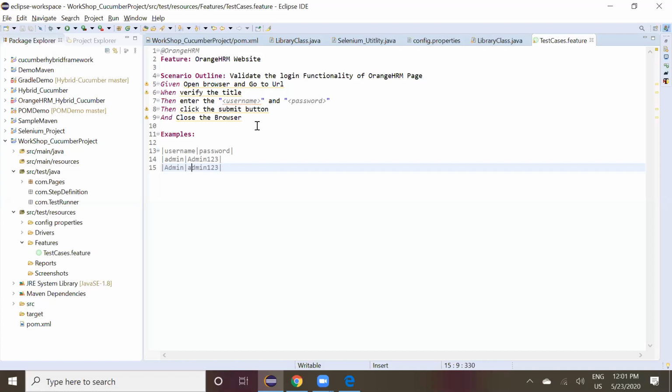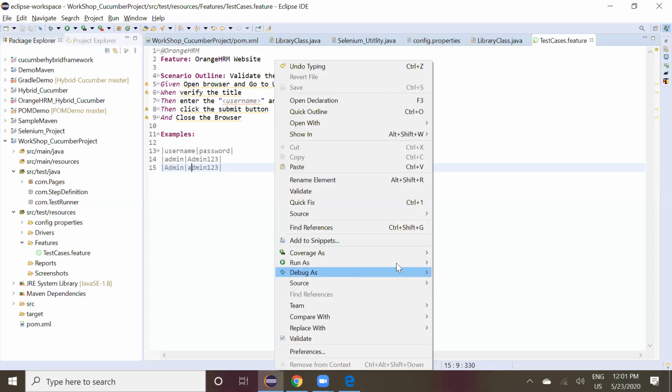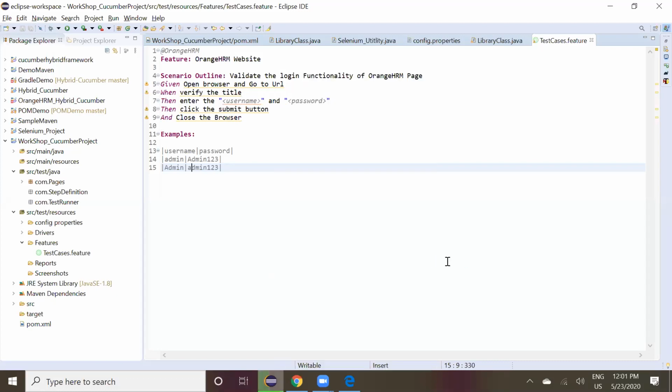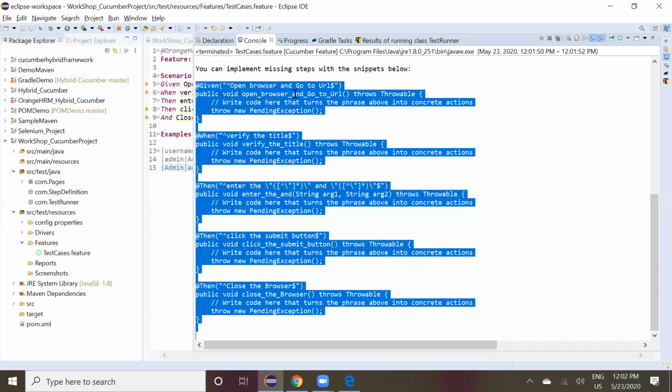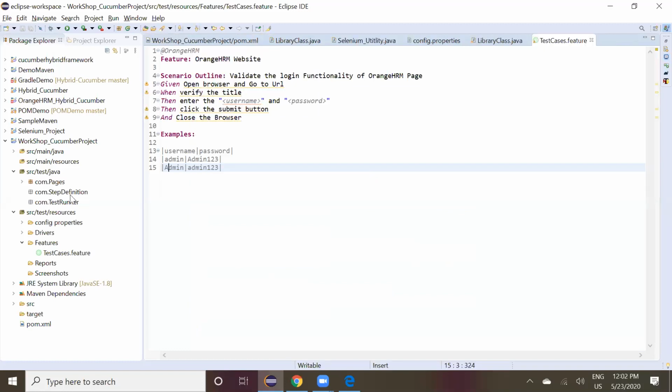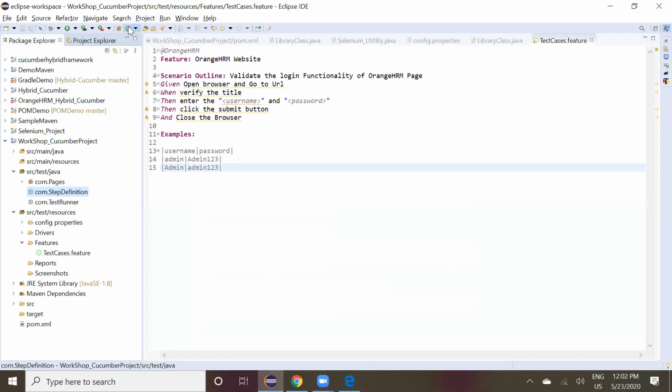Can you run it and show again? Yeah, that's right. You just run, it will generate the methods. Our work is to copy and paste them there. You copy all those methods here, and first, Satish, you create a class in your step definition. Yes, sir. I understood, sir. Thank you.